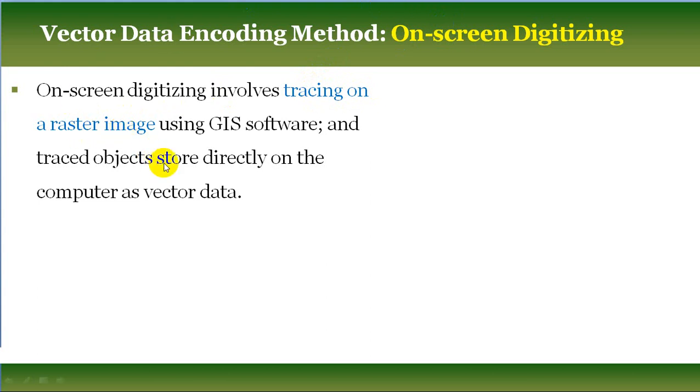And the traced object is stored directly on the computer as vector data. So whatever object you trace on the raster will be stored in the computer as either point, line or polygon vector data.